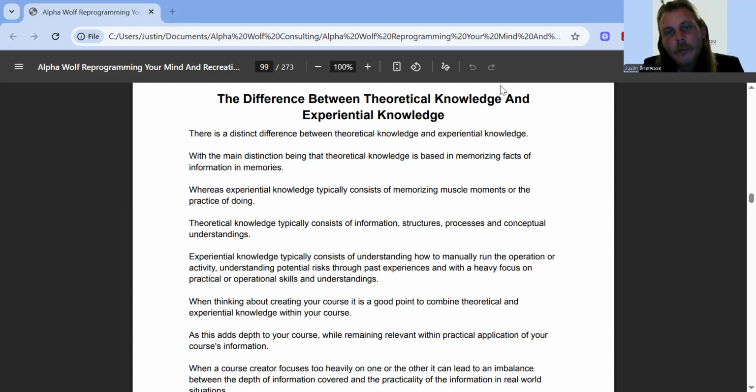So it's very important because certain things are better explained through theoretical knowledge. Other things are going to be better explained through experiential knowledge. Experiential knowledge will always be more powerful, but to grasp theoretical frameworks or theories or conceptual frameworks or conceptualization or understanding, theoretical knowledge is going to be better. Do you sort of get it?